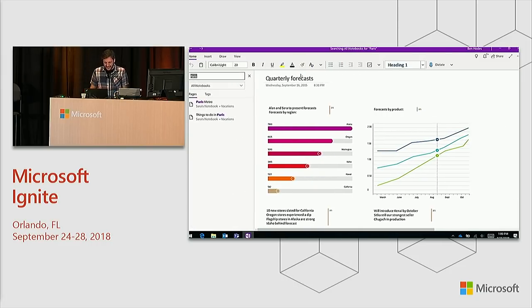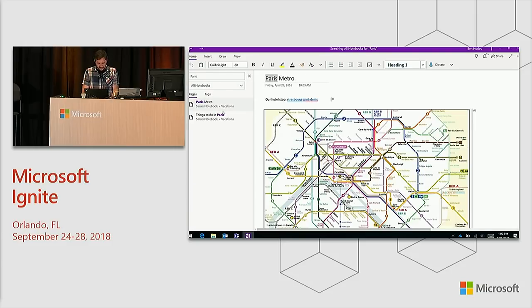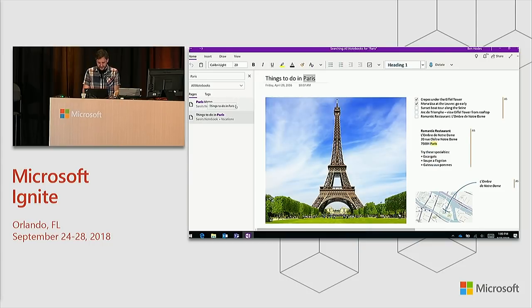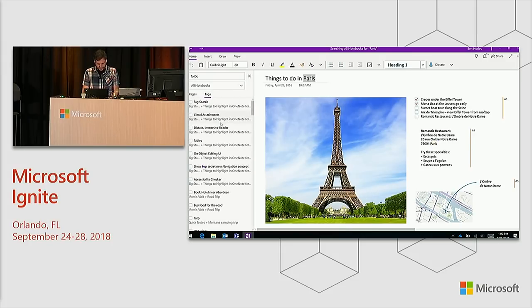So this is all well and good, but what about those cool new features? So let's say that I was in here, and I wanted to do a search for this, in this demo notebook we have, Sarah was planning a vacation to Paris. So if I wanted to find all the information about Paris, I can do a simple search, which is great. But now if I wanted to actually look for all of the things that I needed to plan for my Paris vacation,